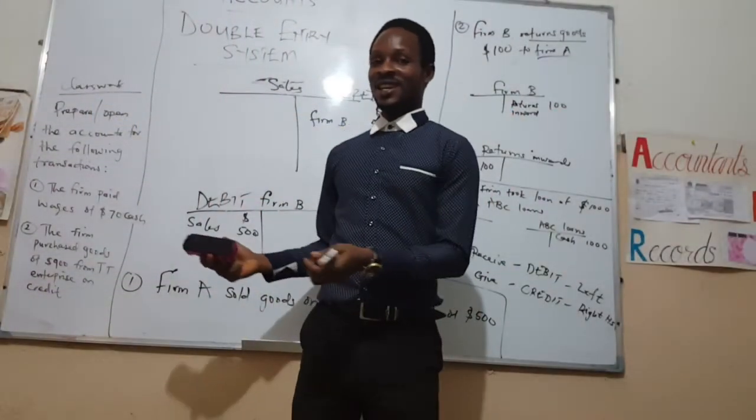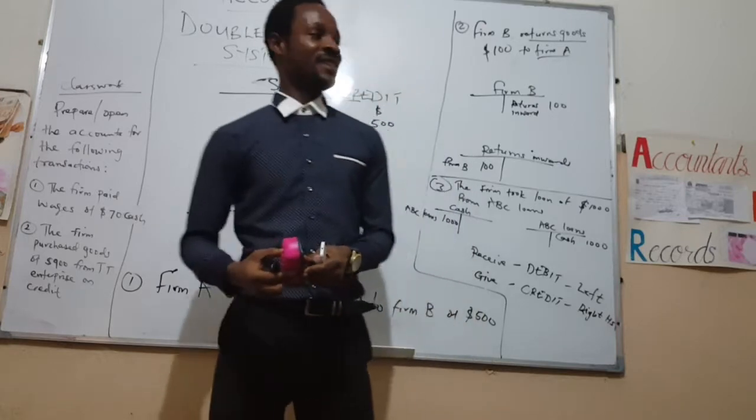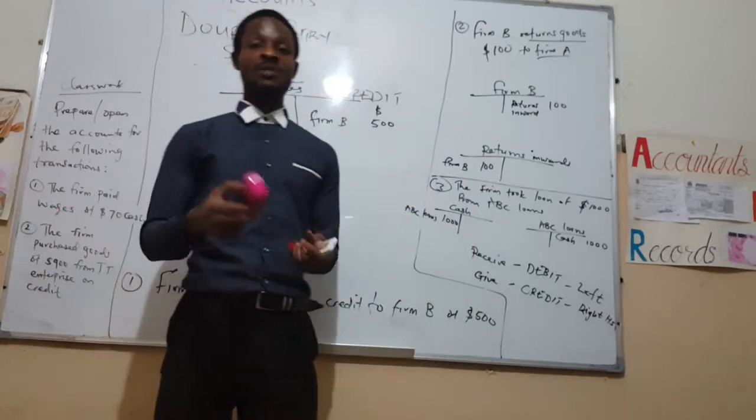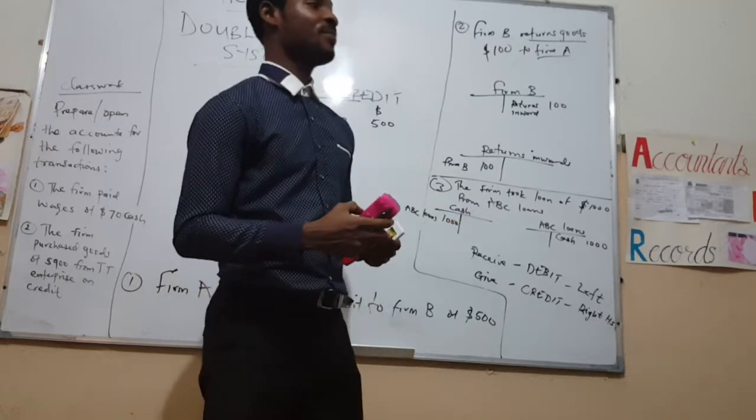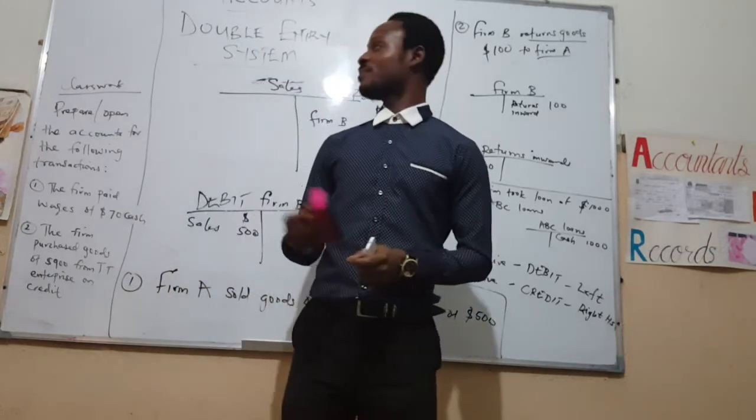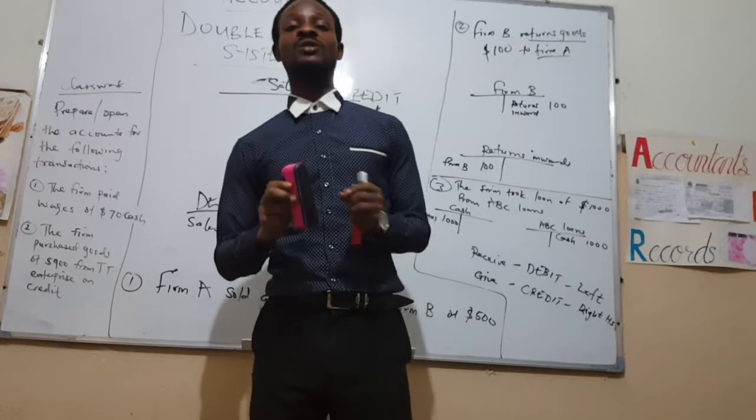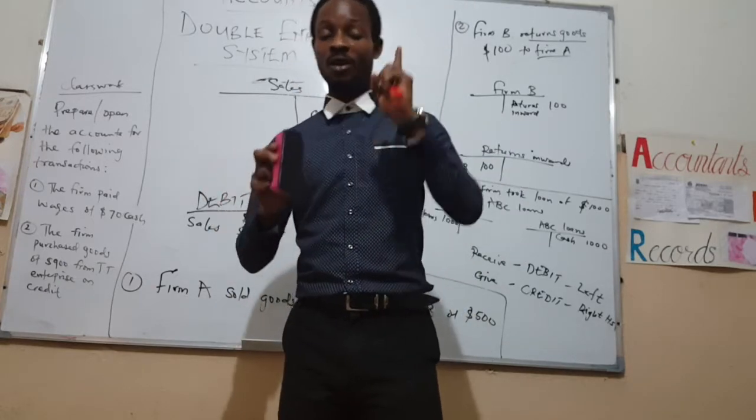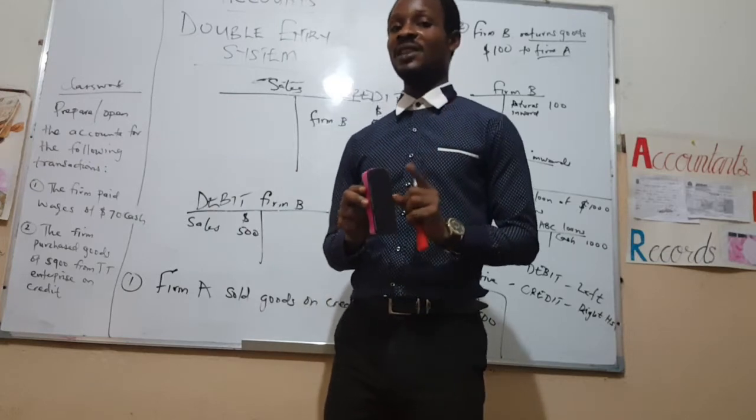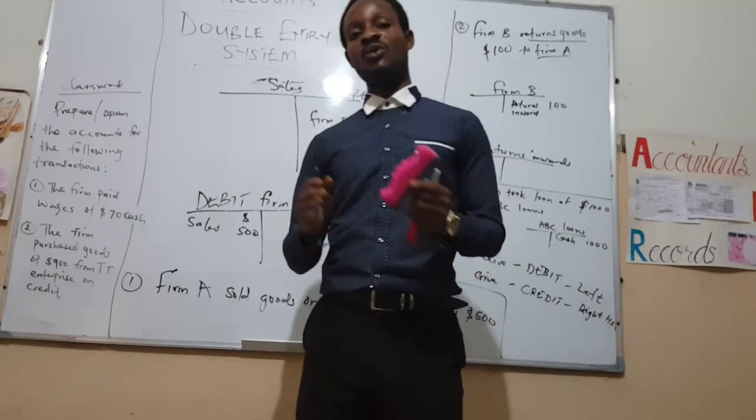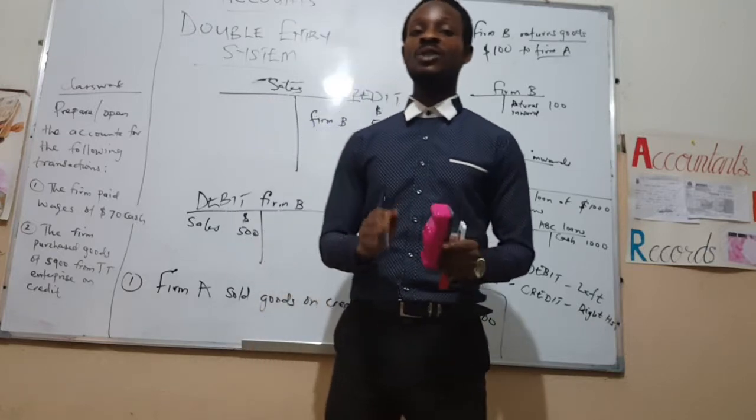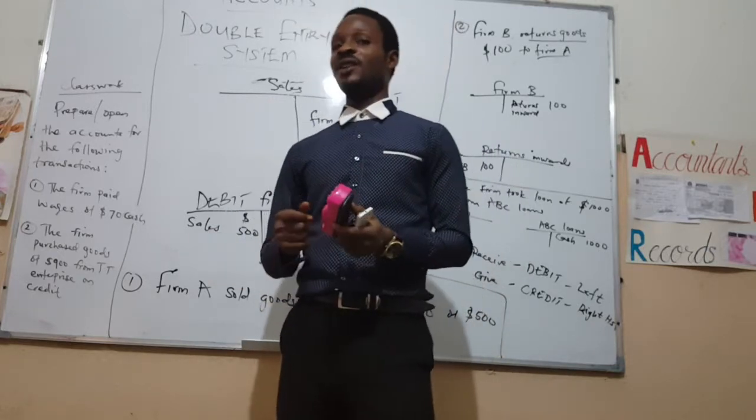Now, having attempted these two questions, we have a summary of this topic. Number one is that all transactions have two entries to make, or each transaction made by a business has two accounts or two parties that will be affected. That's why we call it double entry. Number two,